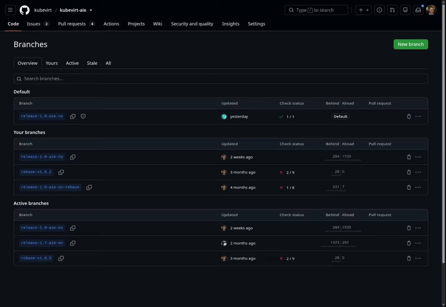I'm more than happy to help bootstrap a branch for you guys if you'd like a specific 1.9 branch alongside our CentOS Stream AIE branch. I'm more than happy to write that down as an action item.